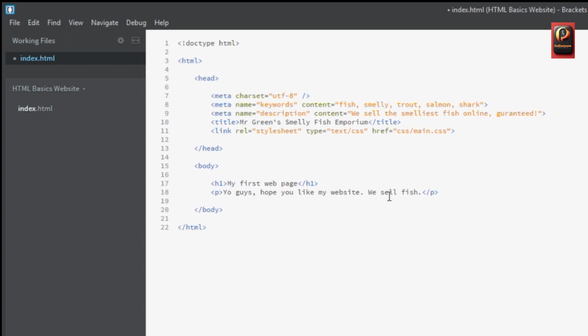Now, the body. The body tag is everything you want to show to the user. And you can put any tag that you want to in here. To be honest, we don't really need to put